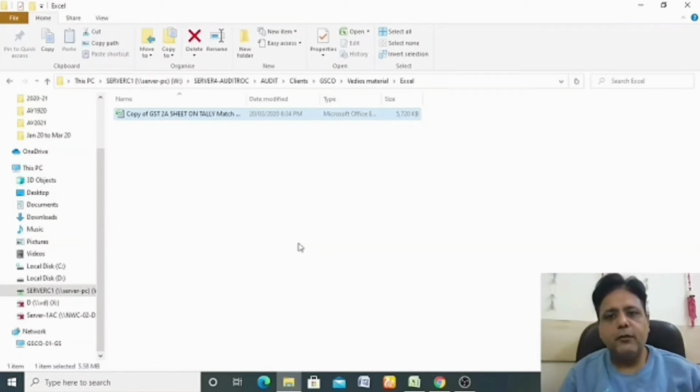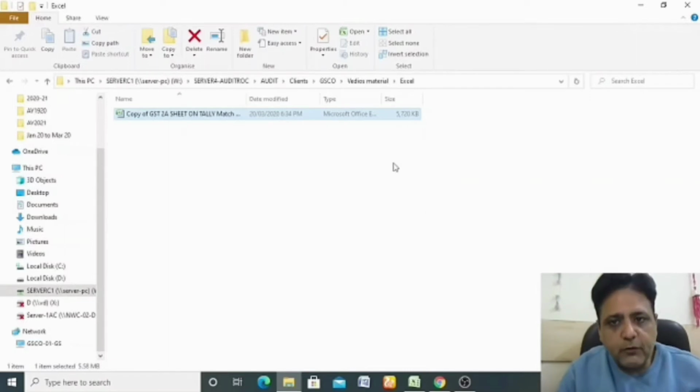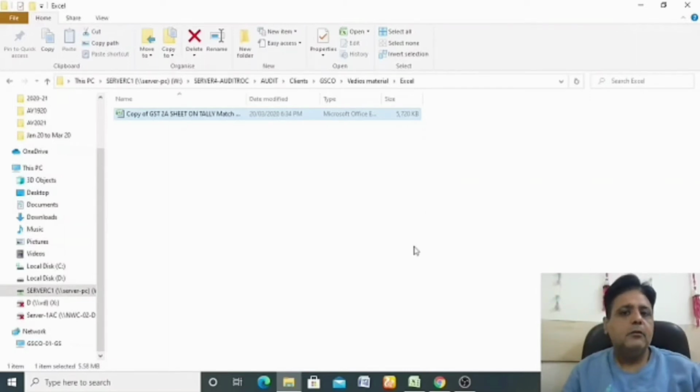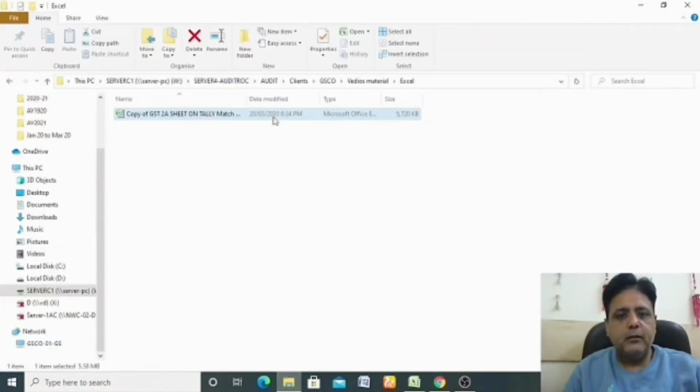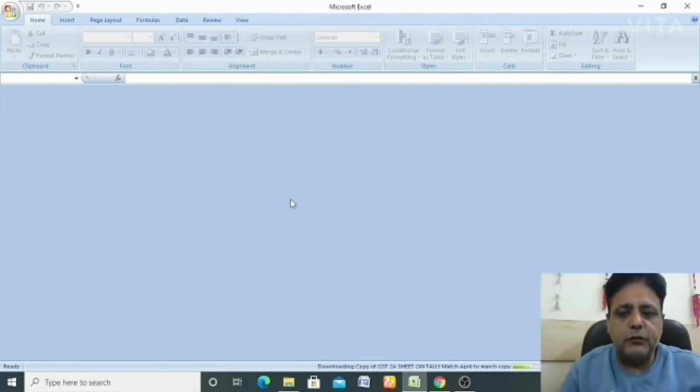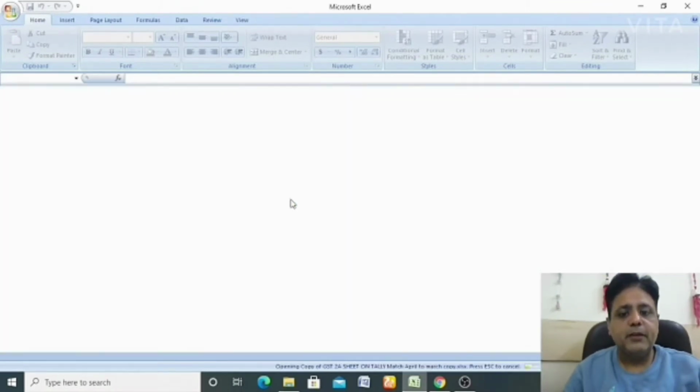For example, this file seems to be 5.7 MB, and if we open this file, it does not have that much data that it should be 5.7 MB.